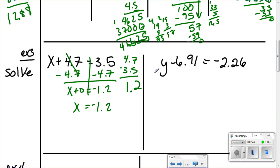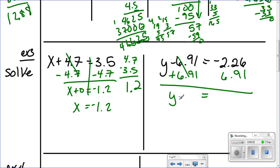Again, we come over here and we say, what is our variable? It's y. What's with the y? 6 and 91/100. What are they doing? They're subtracting. What's the opposite? Adding. So I'm going to add 6 and 91/100 to both sides. Again, we get 0 here. So you get y plus 0 is equal to, well, 6 and 91/100 and negative 2 and 26/100 means that